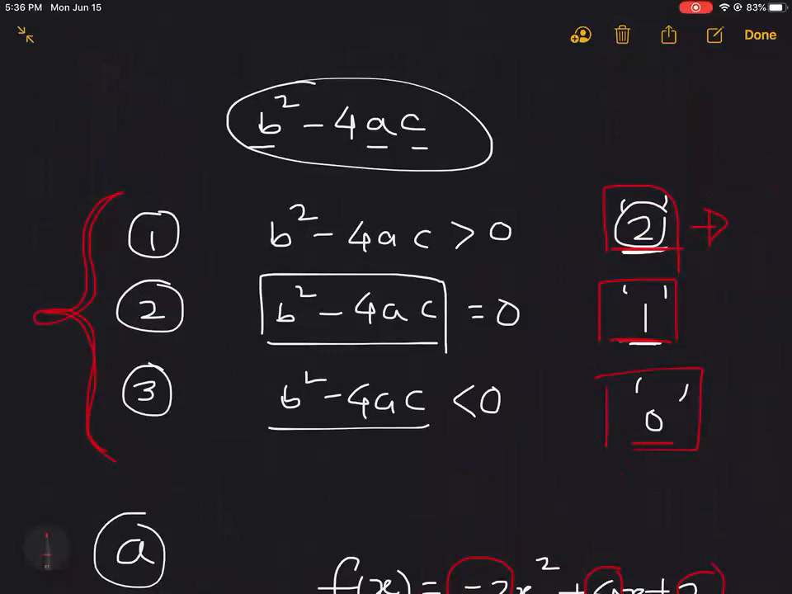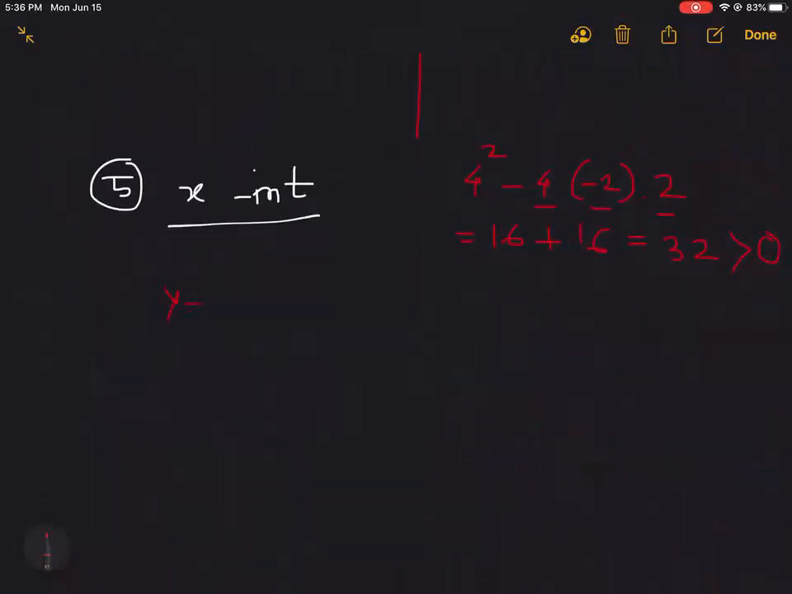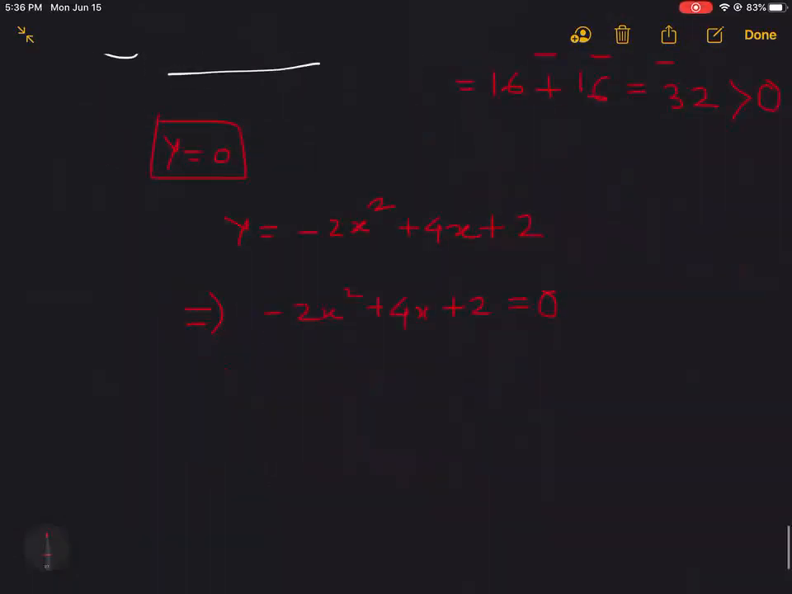Now, how can we calculate that? We know that if we plug in y equals 0 and solve for x, we can calculate our x-intercept. So y in this equation is -2x squared plus 4x plus 2. If we set this to 0, -2x squared plus 4x plus 2 equals 0. If we want to solve it for x,